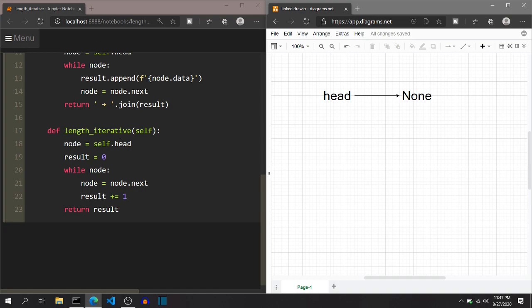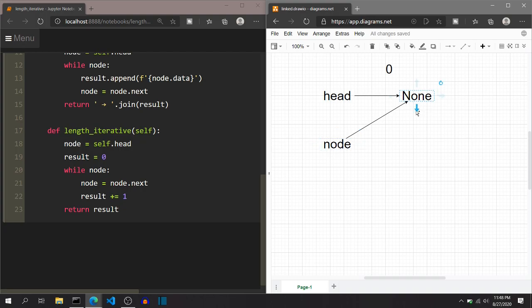And when the code starts, like we are calling the length iterative for this linked list, a temporary variable node will be created that will point where self.head is pointing. So head is pointing to none, so node will point to none value, and a result will be initialized to 0. Simple.